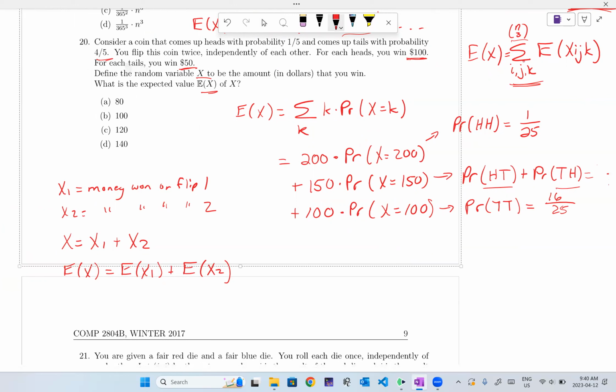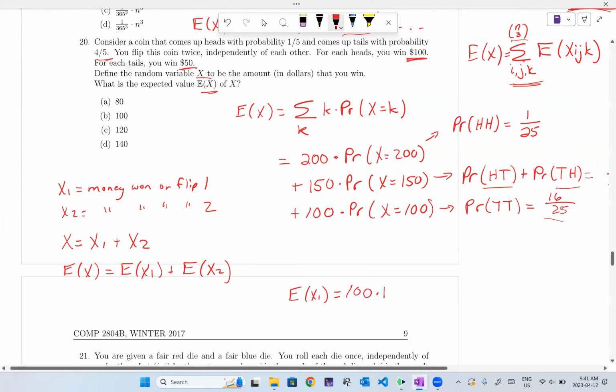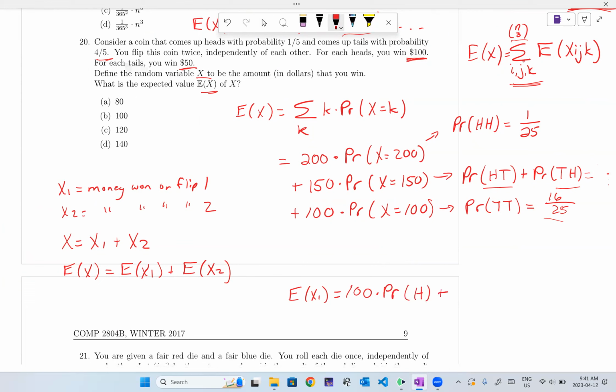So yeah, you could compute it at this time. I'm going to show you again the easier way. So E of X1 is equal to, well, I have 2 outcomes. If I flip heads, I win $100 times the probability that X1 is equal to 100, which is the probability of heads, plus tails, I win 50 times the probability that X1 is equal to 50, which is the probability of tails. So this is 100 times 1/5 plus 50 times 4/5